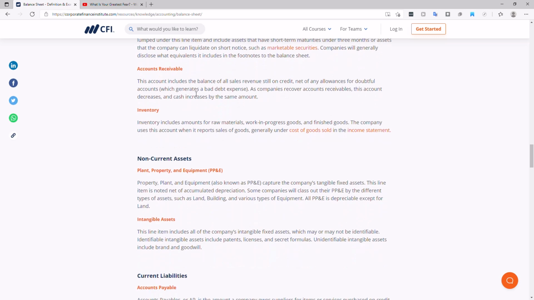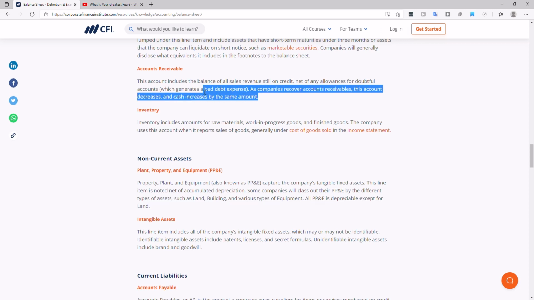Accounts receivable is money the company hasn't received, but will receive in time. But if they don't have money coming in now, then it's going to be hard, because the company is going to have to eventually collect, and if they can't collect, it's going to be a liability, right?